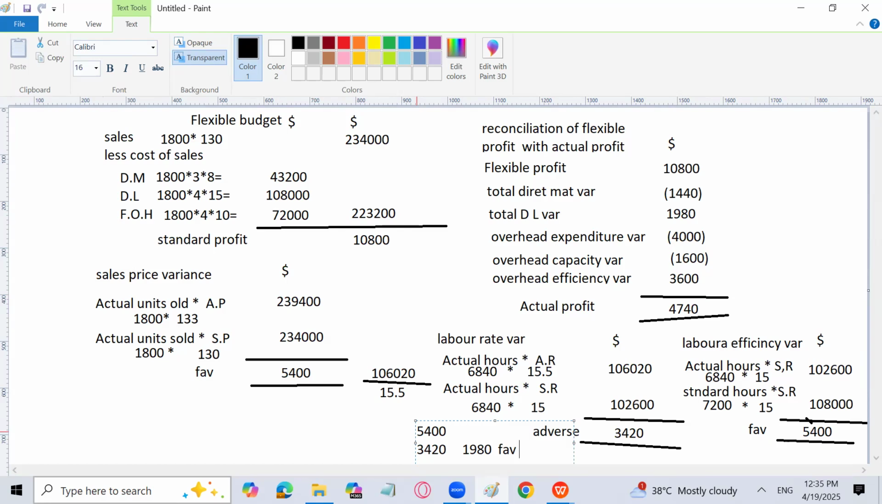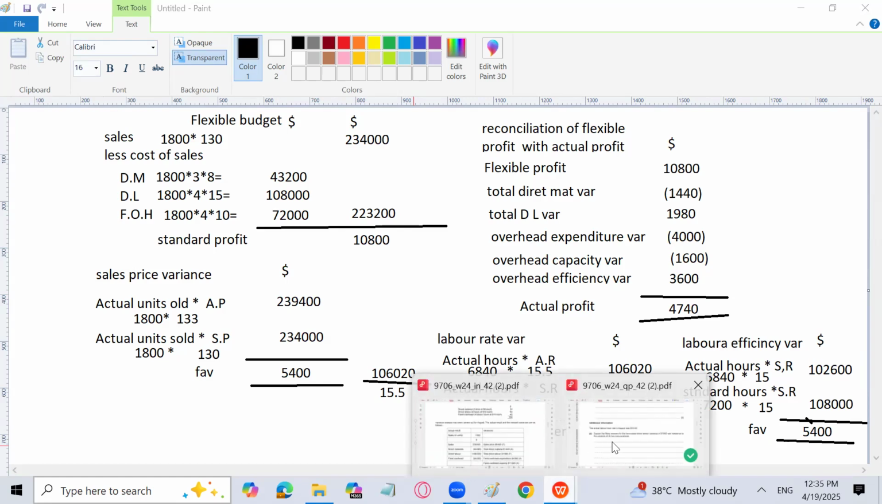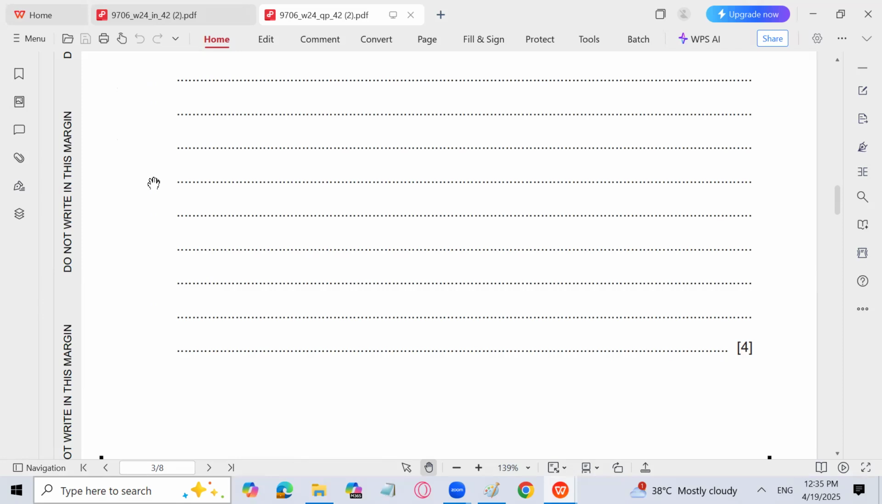So definitely our material usage variance will also be favorable. Okay, they are wasting less material. Please check this, and if there is any problem, let me know. You have to go for the calculation of these variances if you want to answer this particular point of 4